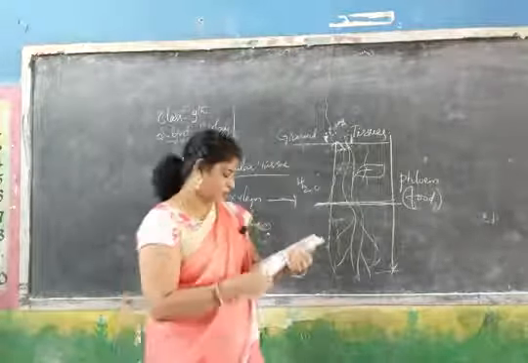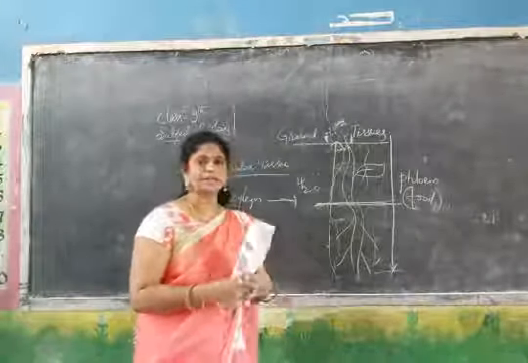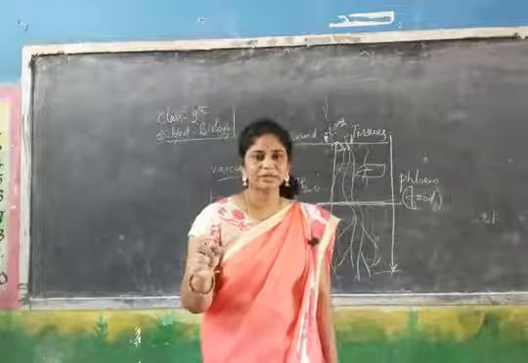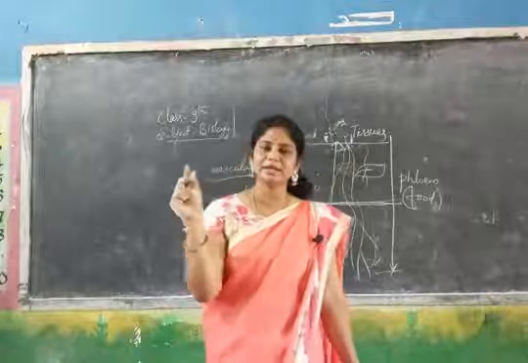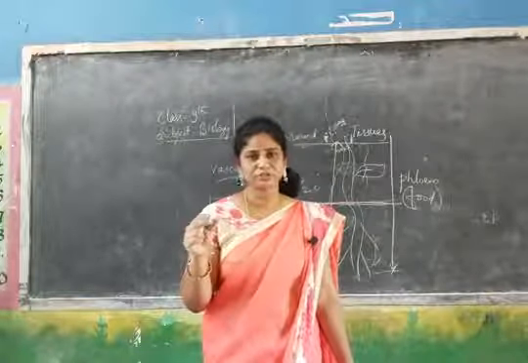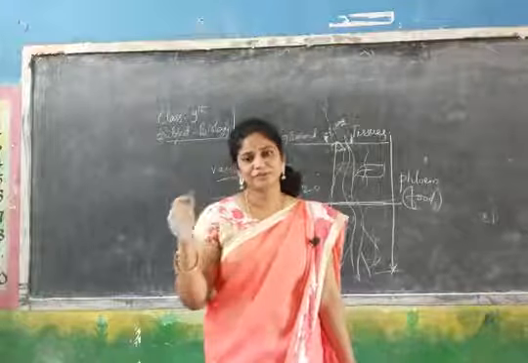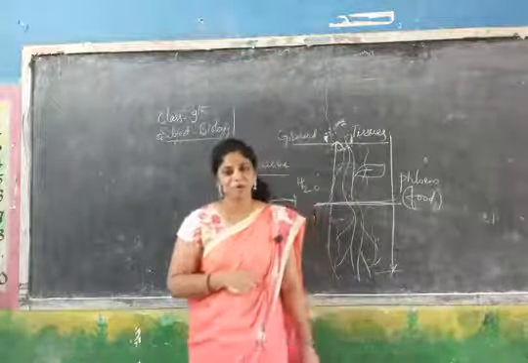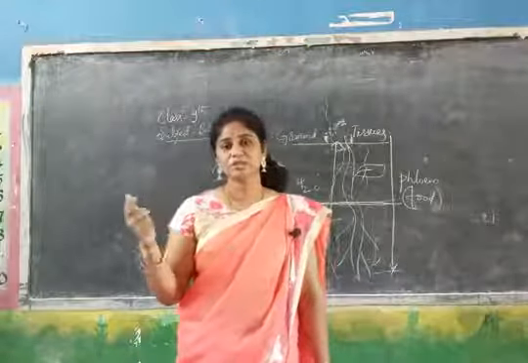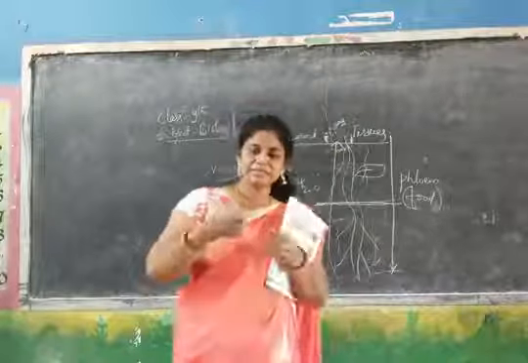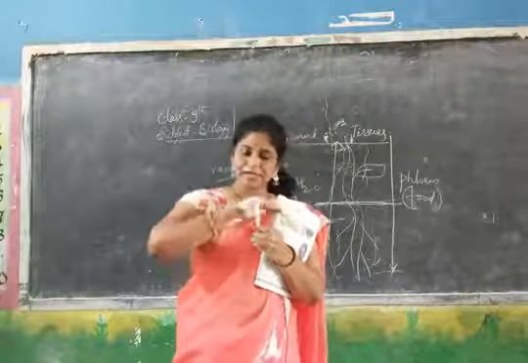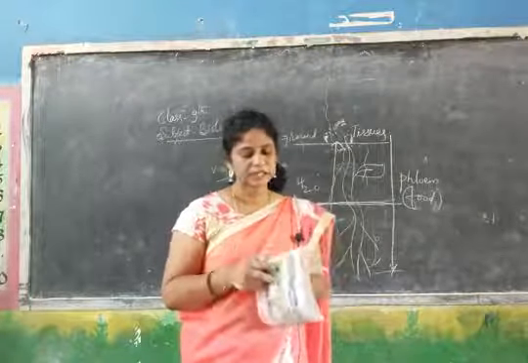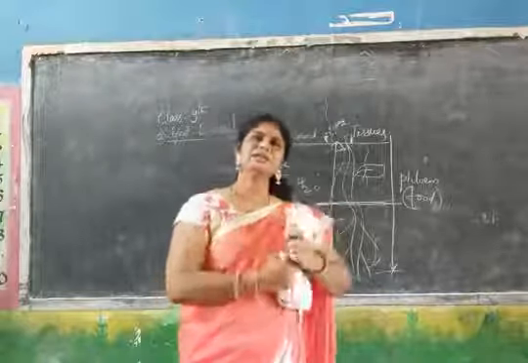If we go for this experiment, one experiment is that you take a small stem and put it in a red colored water solution. We place that stem for a few minutes, like a dicot stem or monocot stem, which I explained for 9th class. Later we take a thin transverse section of this stem and place it under the microscope. Another way we can also do it.